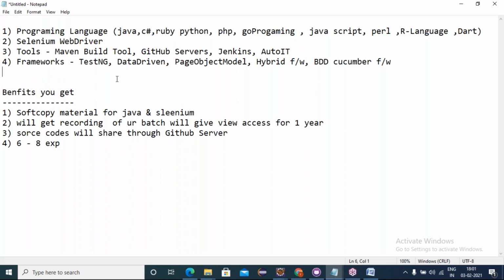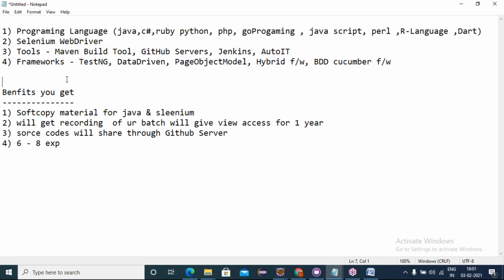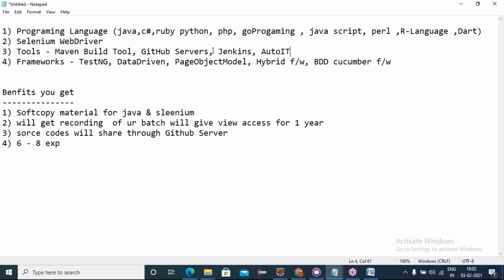So Java for 1 month and Selenium for 1 month, tools on the weekends, and frameworks is 1 month. It's a job oriented training. From Monday to Friday, we have 1 hour a day. On weekends, only Saturday. Only Saturday I'll take for these DevOps tools, 2.5 hours, 6 to 8:30 in the morning. Not regular, not every Saturday. I'll take alternate Saturdays because everyone wants to enjoy Saturdays also, right?